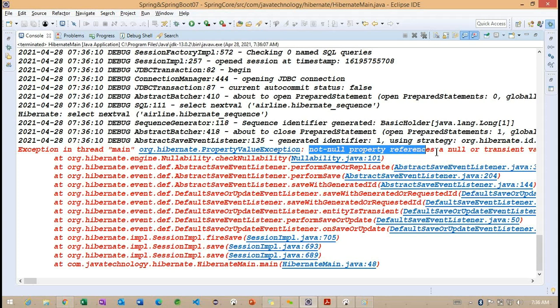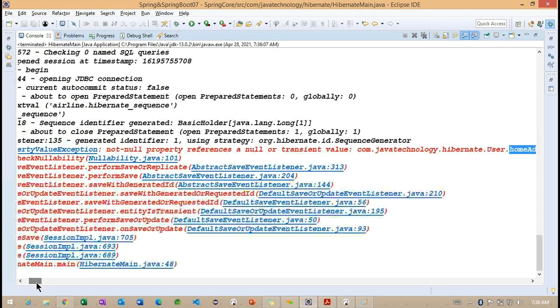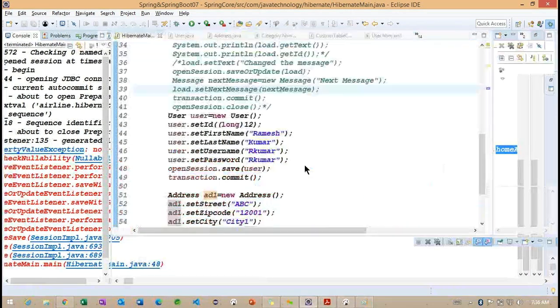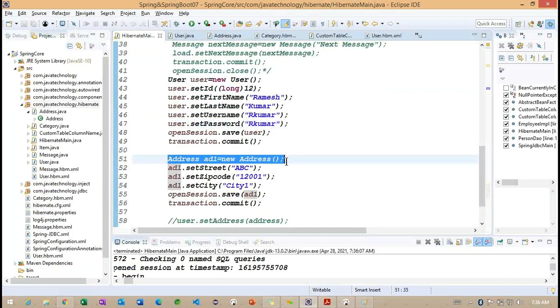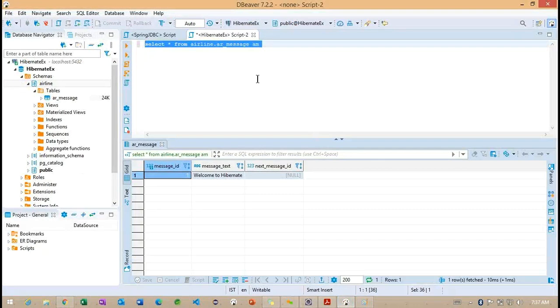So now you can see not null constraint we are getting here. So some value we are trying to provide here, null value. So we need to understand here, so what is the value we are making as a null here. Okay, so create this particular not null constraint here inside the user home address. The home address we are making null here. Getting the point? The home address we are making null here. So like even though if you are adding this particular address here, getting the point? Even though if you are adding this particular address, so this particular address is not linked to any